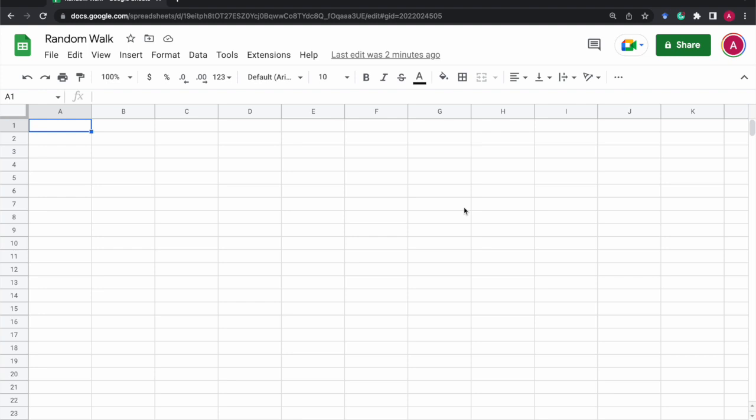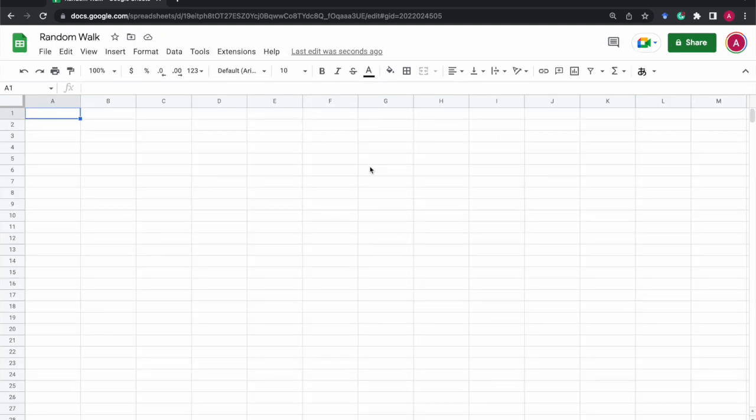Alright, today I will explain how to simulate simple random walks using a spreadsheet. Here I use Google Sheets, but I'm pretty sure that you can do more or less the same thing using Microsoft Excel or any other spreadsheet software. So let's start. First, I will simulate a very simple random walk that can go either positive one,